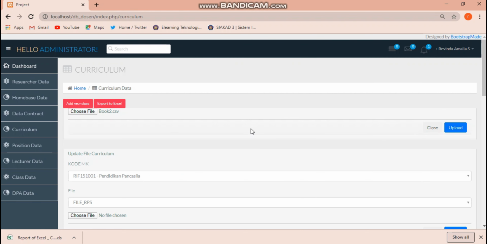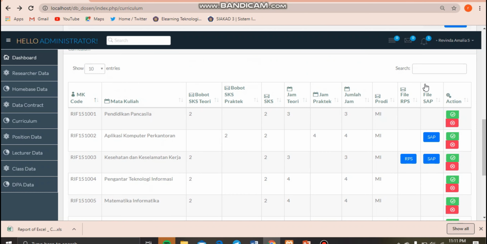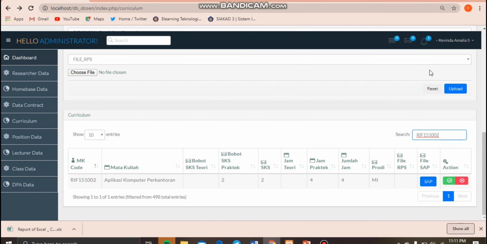Then choose the Upload button. Then the data will enter our table. We can search it like this. Then we can delete the data optionally in here.